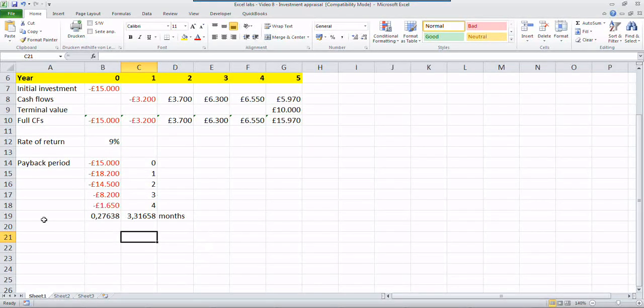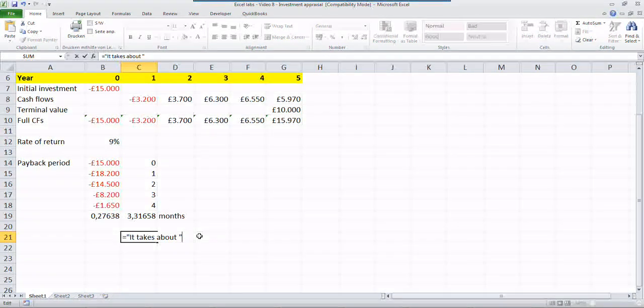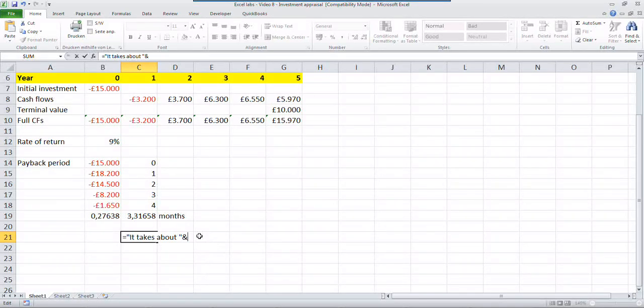Now we are content with just an estimate right now. Now I'll show you a neat little trick here. I'm going to determine a sentence based on the numbers right here. So I'm going to type, it takes about. Now make one more blank here and then enter a quotation mark. So make sure that in between here is a blank, as an empty space. And you enter an ampersand, and then you click on this number, add another ampersand,